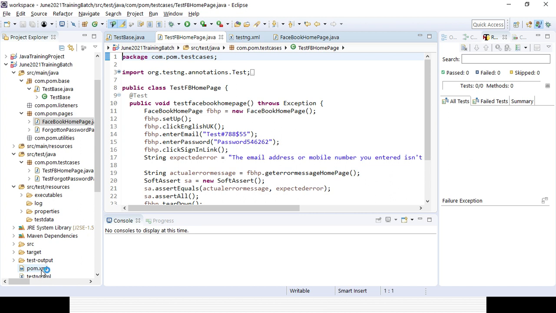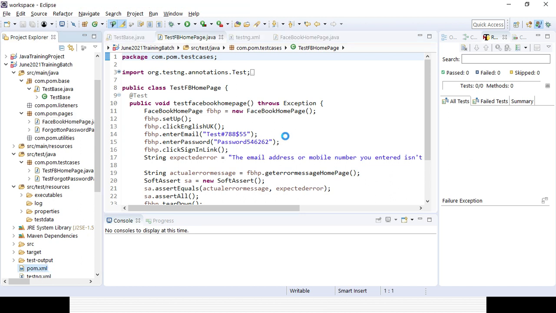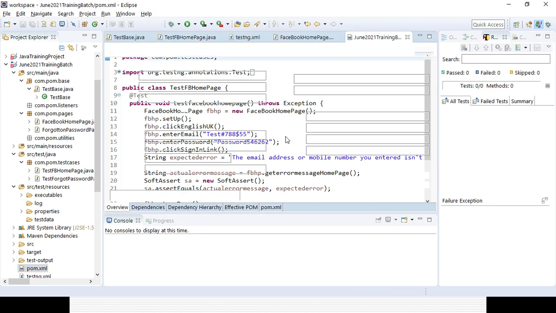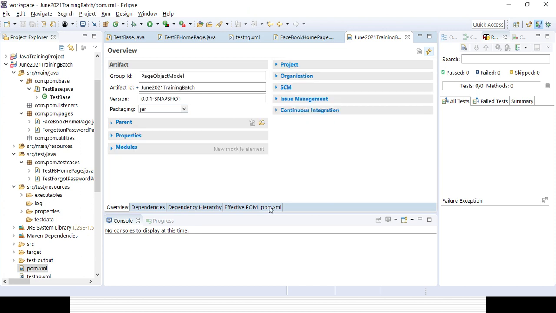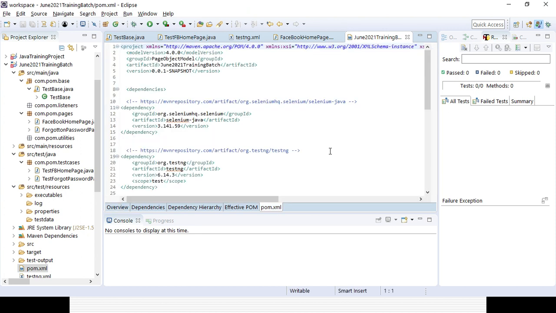Definitely, initially after the project is created, immediately you need to add the details in the pom.xml file. First thing is that you will be adding the dependency, because as you are dealing with a Maven project, you will not be adding any jar file manually. Instead of that, you will go to the pom.xml file and add all the dependencies there.